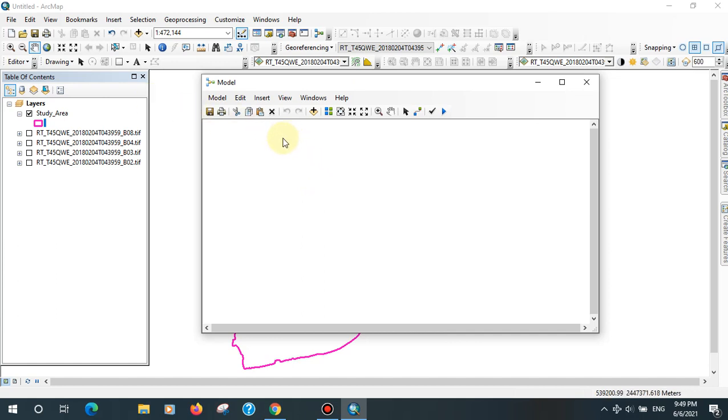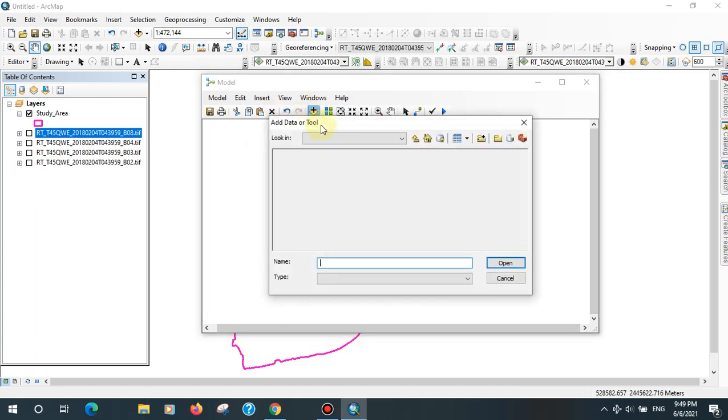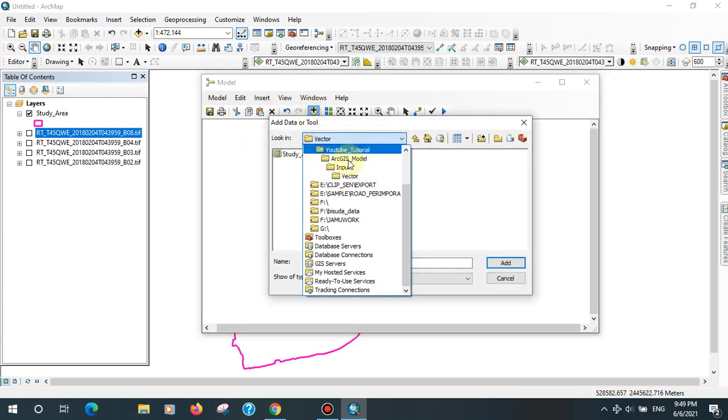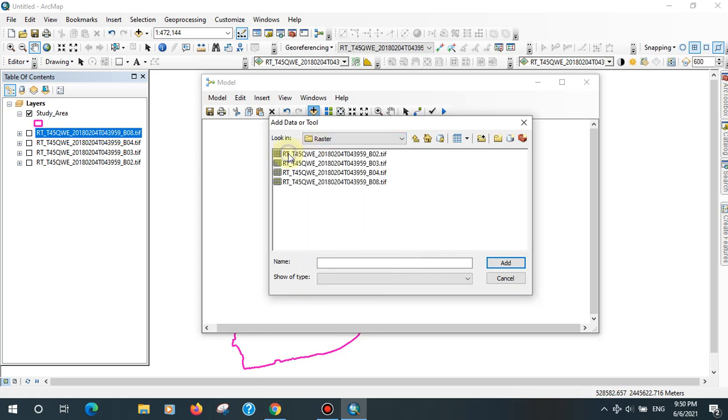So we are going to create a model. At first add the input. There are different ways to input data in the model. Simply you can drag it down here to input, or you can add from here, add input raster.